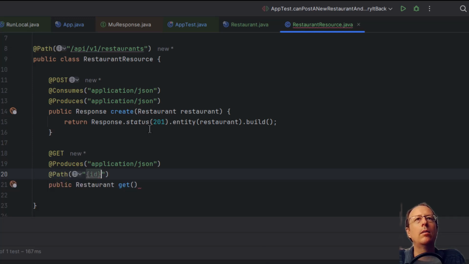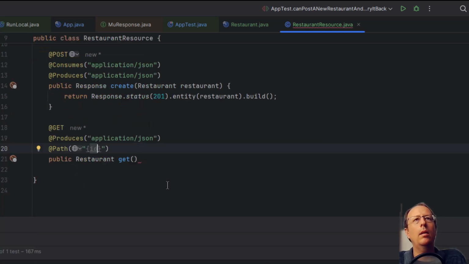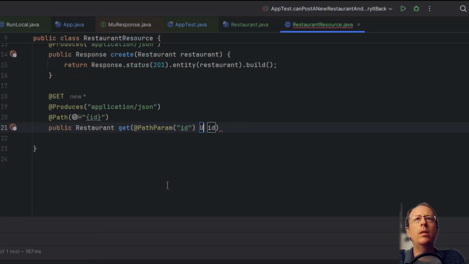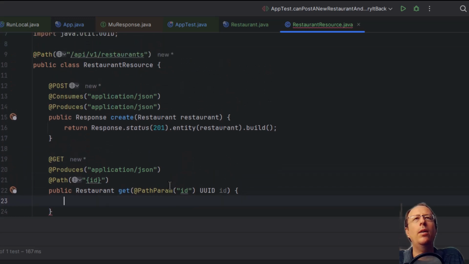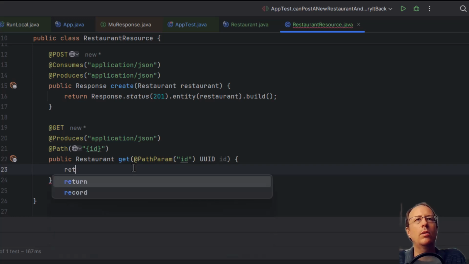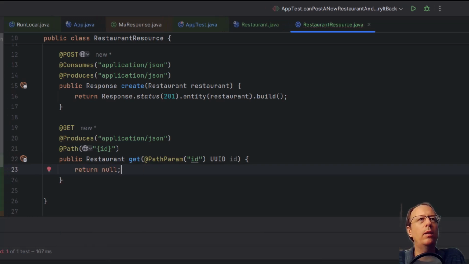We're going to extract the ID, and if I Alt-Enter on this, IntelliJ can help us add this parameter. So UUID. Now I need to look up in the database to load this. Suddenly, to make this test pass, we need a database. So I'm going to just return null so I can compile things.